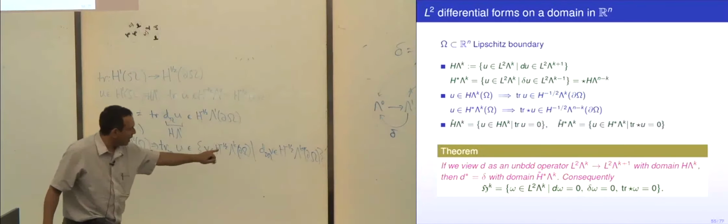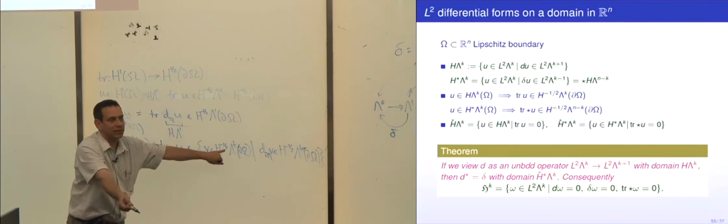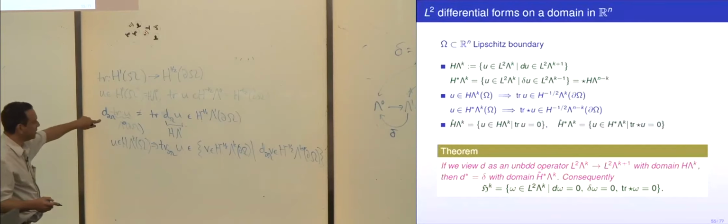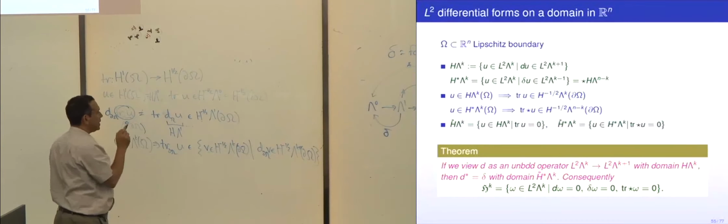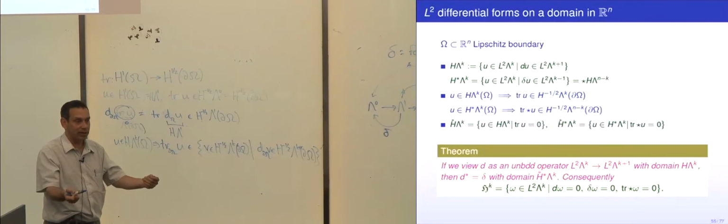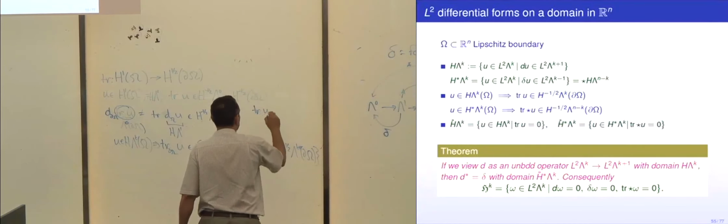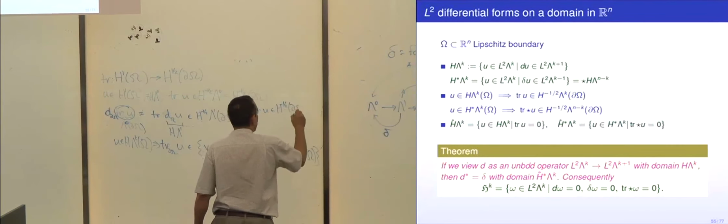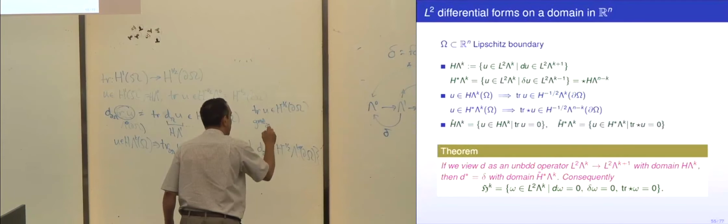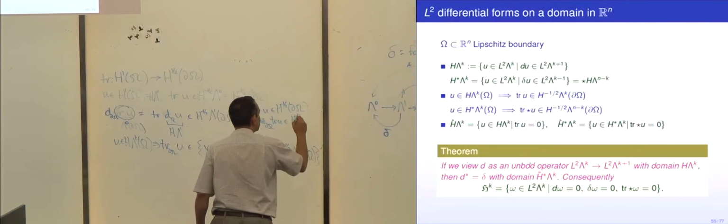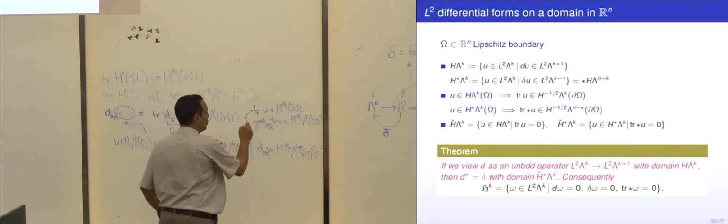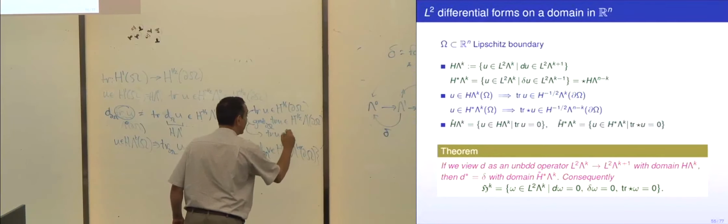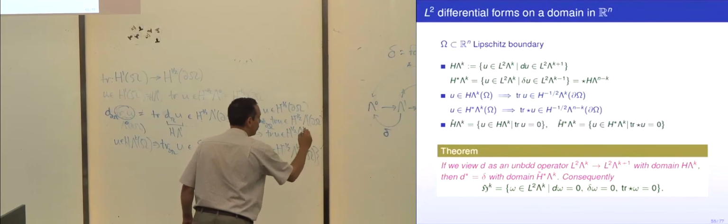So the trace operator is into a special subspace of H minus 1/2, those things in H minus 1/2 for which d stays in H minus 1/2. So now when I go up to 0-forms, we're talking about the trace of u being in H minus 1/2, and its gradient is in H minus 1/2. So trace u is in H minus 1/2 of the boundary of omega, and the boundary gradient of trace u is in H minus 1/2 on the boundary of omega. Well, of course, the gradient is all partial derivatives, so these two things together say that the trace u is actually in H plus 1/2 Lambda 1.